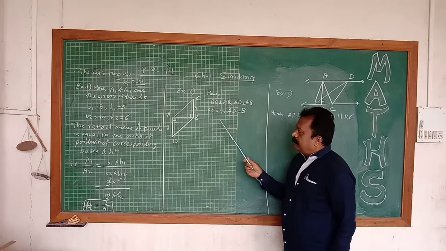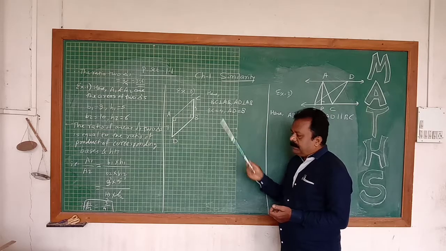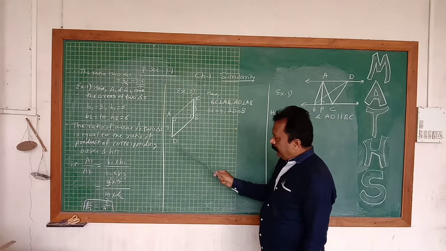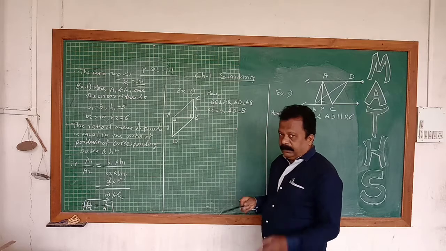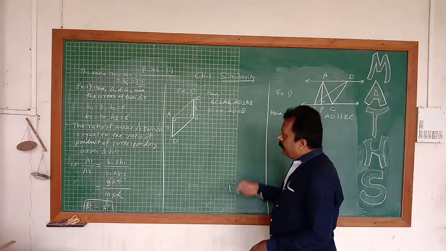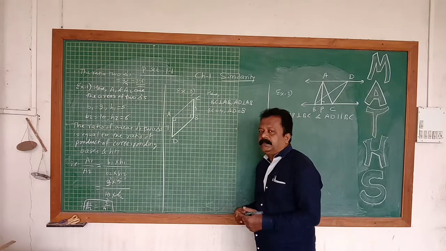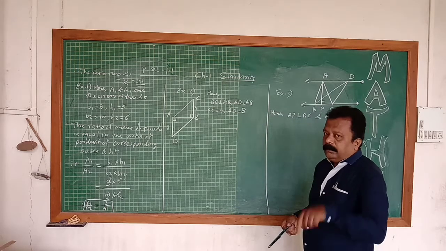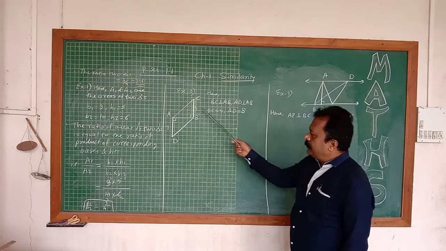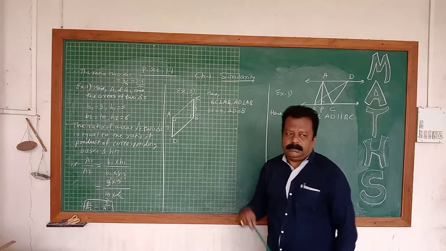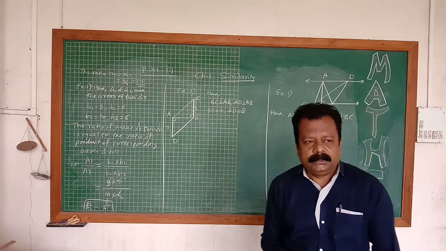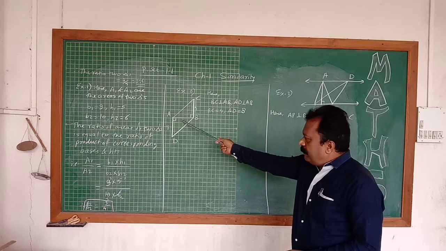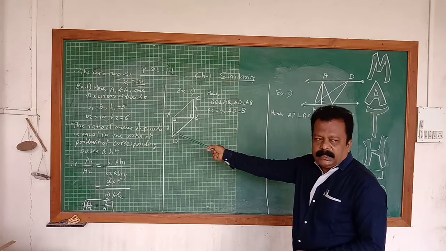Now, the figure is given. What do you have to find? The area of triangle ABC divided by the area of triangle ADB. That you have to find, meaning the ratio of the areas of two triangles. So property number 1, 2, 3: which property do we have to use according to what is given? Correct, property number 2 or 3, because the base is the same, so their ratios are corresponding.